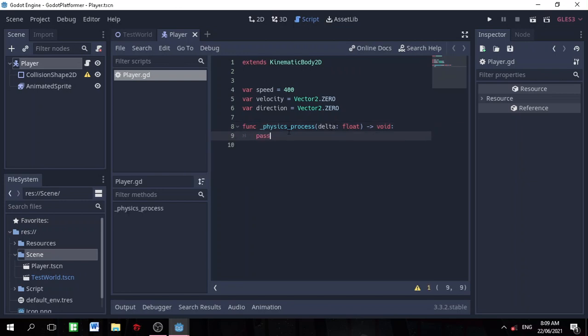Now, if you don't know, the physics process is going to execute every time our screen renders itself. So if we are rendering 60 frames per second, it will be called 60 times per second. Alright,